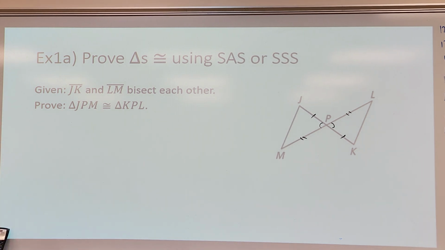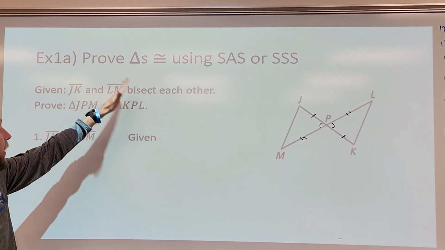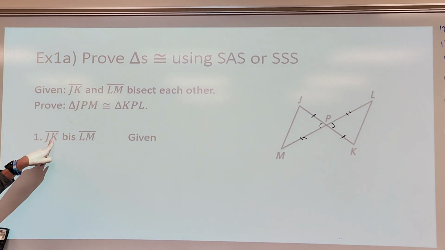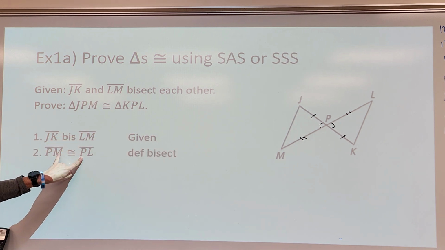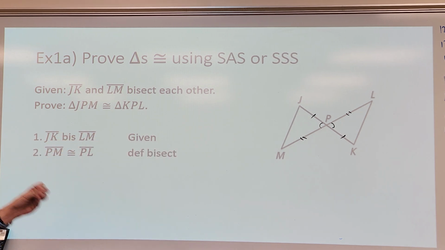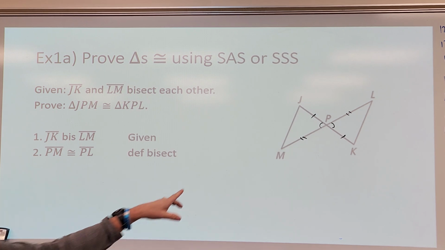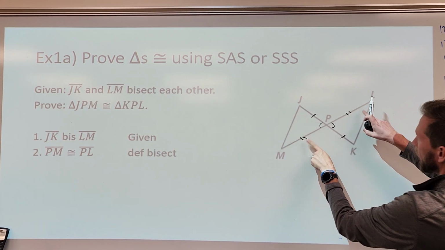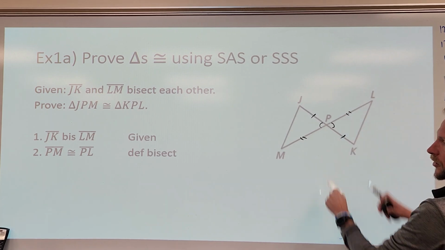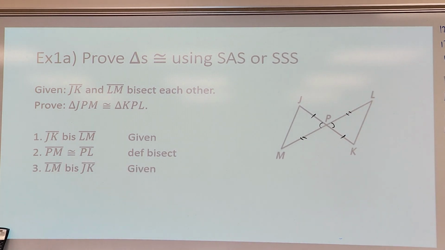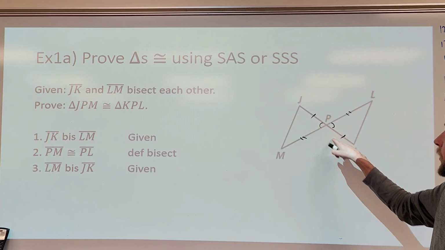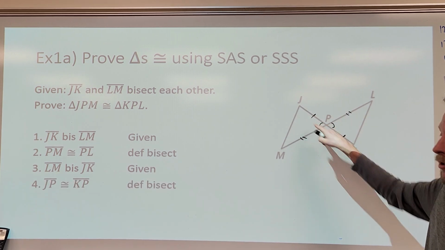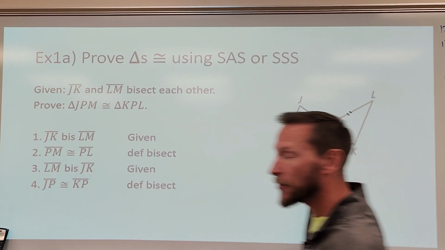Let's first list the given information that JK bisects LM. This means that these parts of LM, PM and LP, are congruent to each other, all right? If JK bisects LM, it means that these two parts are congruent by the definition of bisect. Since LM bisects JK, we know that these parts, PJ and PK, are congruent to each other, all right? So we have a pair of sides,